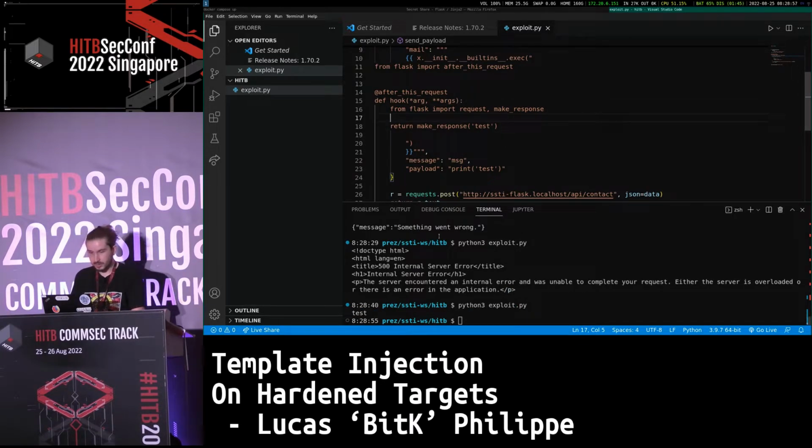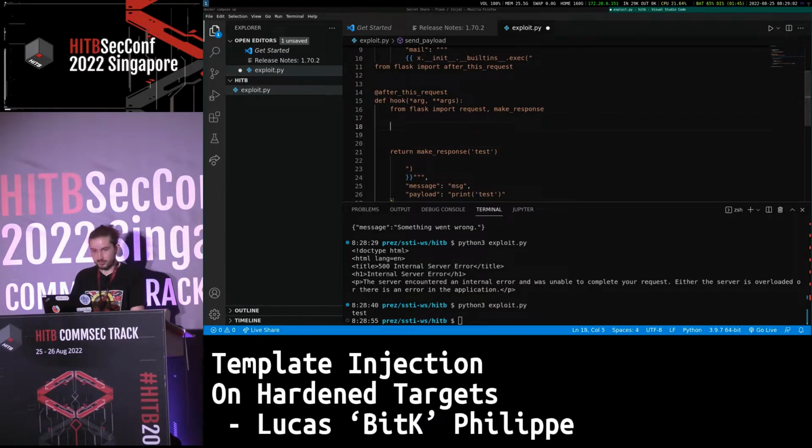Okay. And here we'll once again get the payload. So the payload is equal to request.get_json, payload. I need to use single quote. If I put payload here,